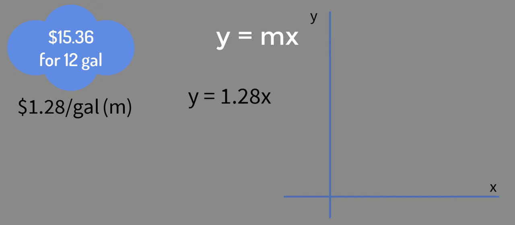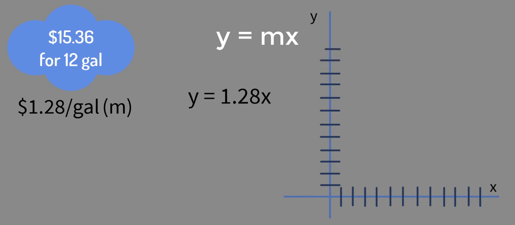So we're given 12 gallons, so let's make each one of these 1: 1, 2, 3, 4, 5, 6, 7, 8, 9, 10, 11, 12. And make these 1, 2, 3, 4, 5, 6, 7, 8, 9, 10, 11, 12, 13, 14,